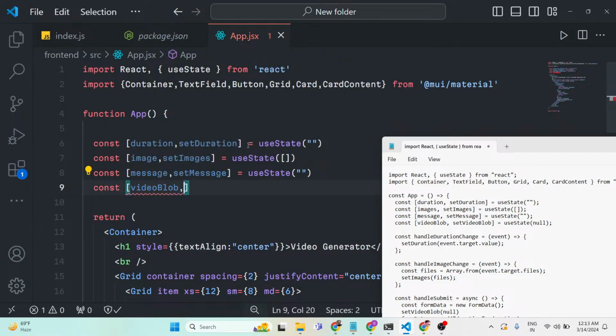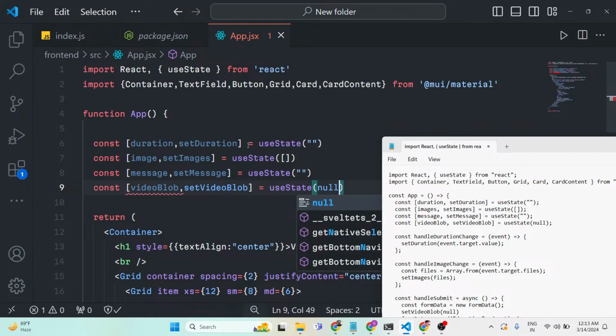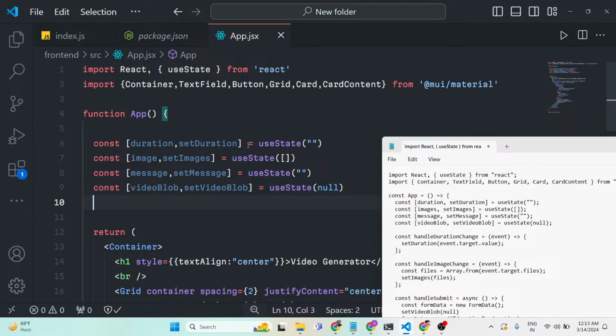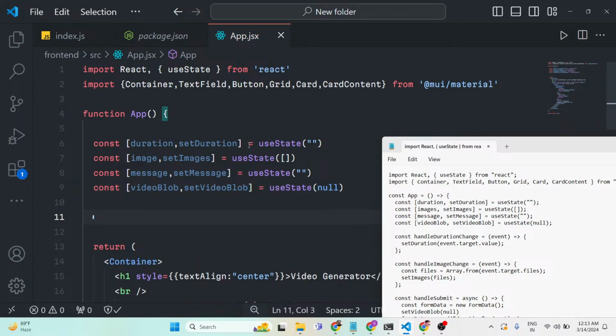So we will actually convert the video to a blob so that we can display that video in the video player. So the initial value of this will be null. So these are the 4 state variables we have declared, guys, for our React.js application. And now we will try to